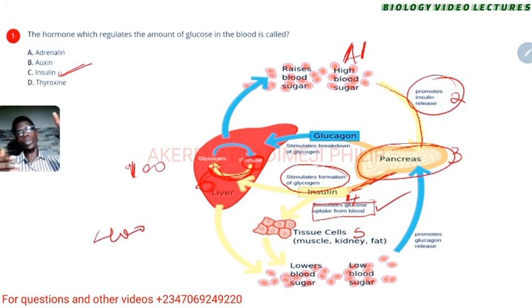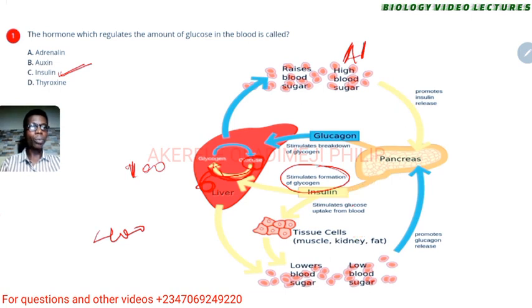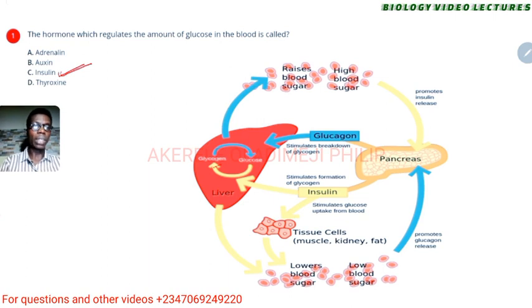So you should probably note the way the sequence went. Maybe I should run through that again. I will run through that again in a minute. It's quite important. When we have high blood sugar level, it promotes insulin and sends a message to the pancreas. That's 3. Then from there, insulin is secreted for real, and that will stimulate the cells of the body to take more glucose. So that's what we have here, cells, tissue, and all of that.